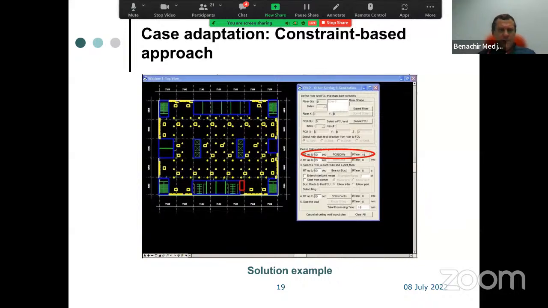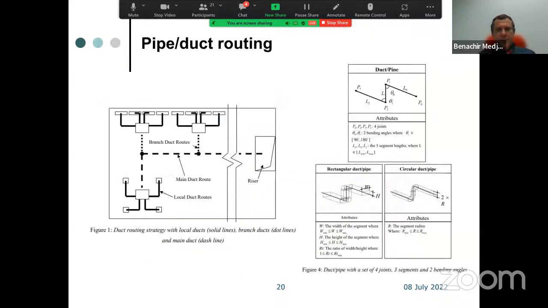You see here, for example, this is not in the same grid line as this one, because there was certainly a problem and it has been moved forward thanks to a different constraint after checking the first solution. The second stage is the pipe and duct routing, which is a very complex problem. We have been working in this area for years.